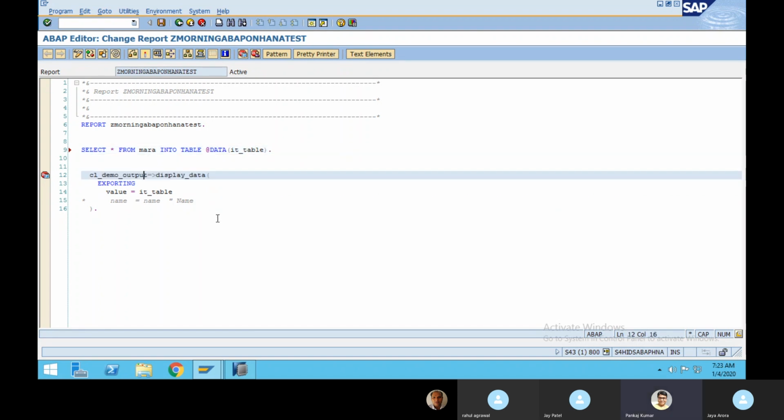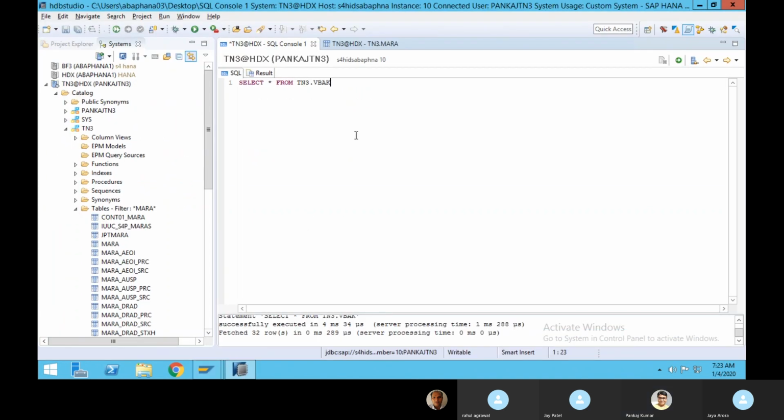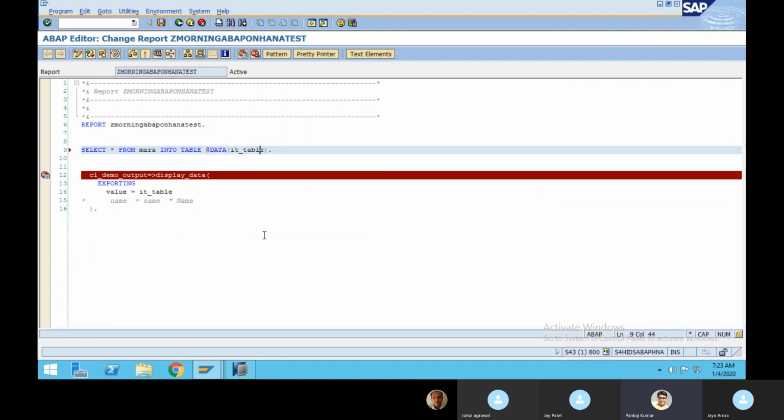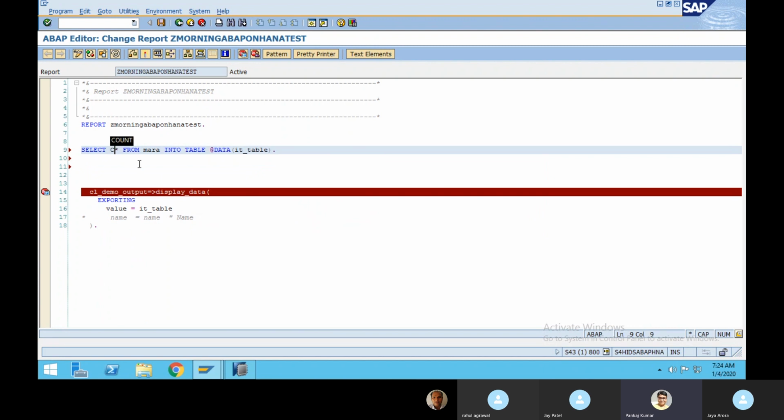Now another thing. If we're going to select the number of entries, which aggregate function will you use, can you tell me?